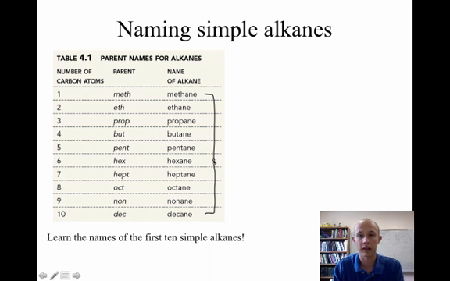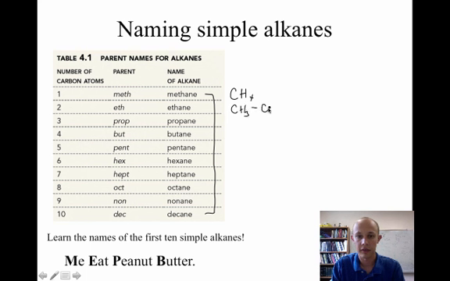So there's a simple mnemonic that you can use in order to remember these, which is "me eat peanut butter": methane, ethane, propane, butane. Methane is CH4, so it has one carbon. Ethane would be CH3 bonded to another CH3. It has two carbons. Then propane would be 3, butane would be 4, pentane 5, hexane 6, heptane 7, octane 8,